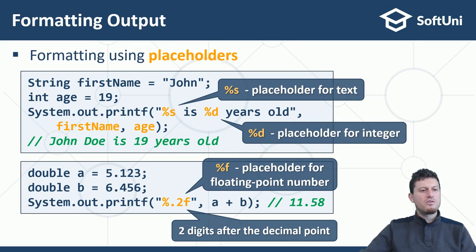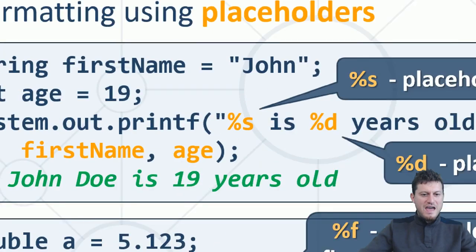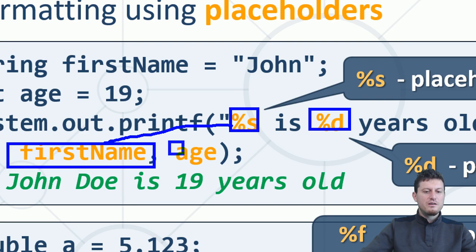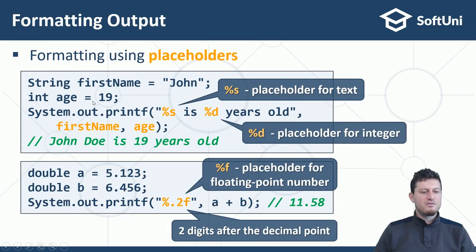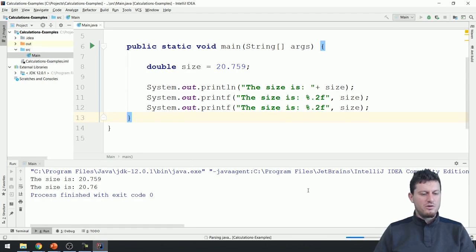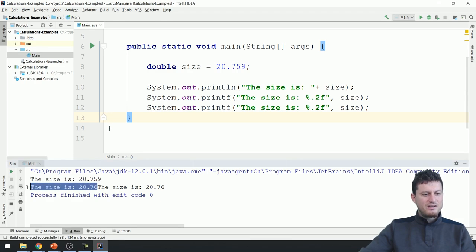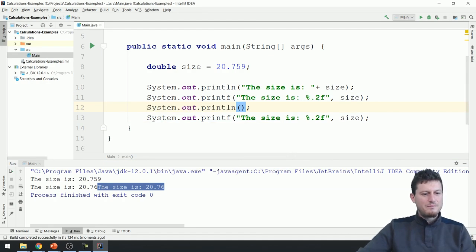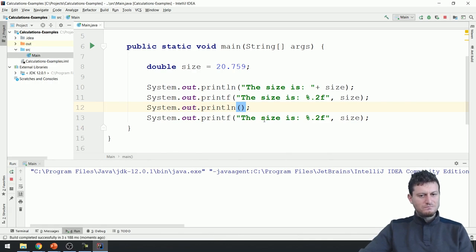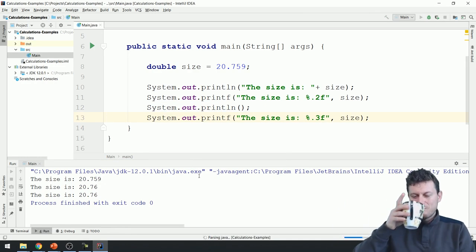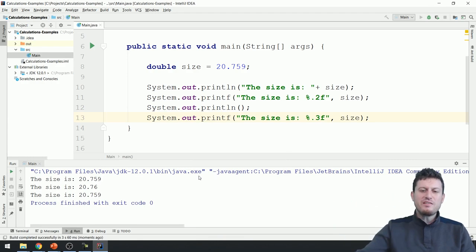So this is called placeholder based formatting. You can have a text, you can have placeholders in this text, and you supply values for these placeholders, and they are replaced when printed with their replacement text. So if I print this 2 times, it will print something which you don't expect. See the first output and the second output, but there is no new line. I can print a new line just by println. The first variant, so it will work like expected. I can see something different, for example here with 3 digits after the decimal point, but